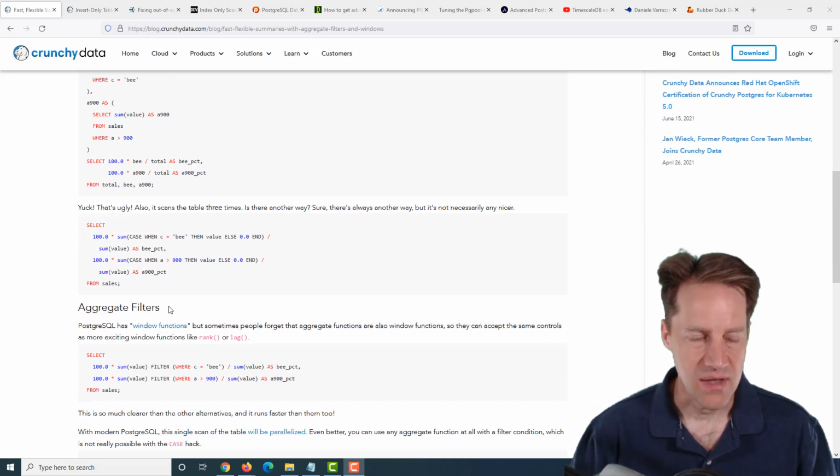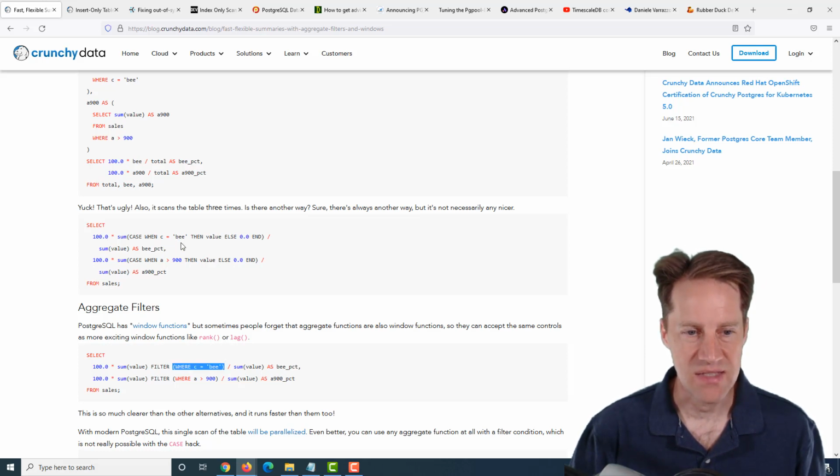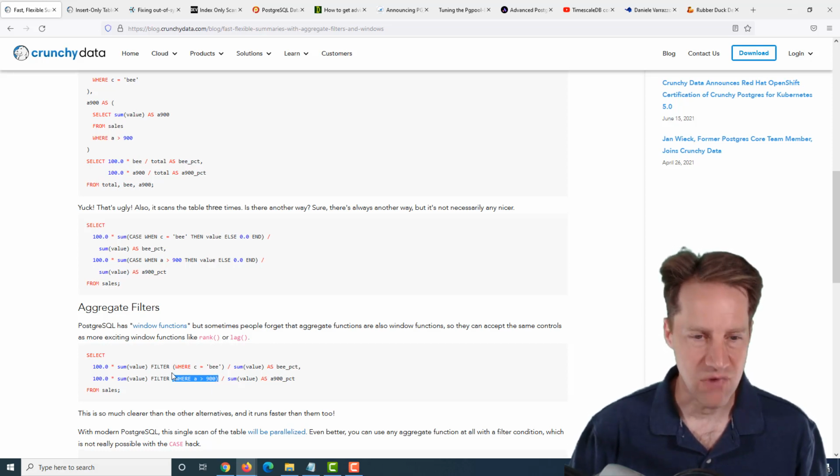pretty efficiently. However, what they're talking about here is that you could also use a filter, and that for any aggregate function you can use a filter. So they're doing the sum of the value, but then they filter it and they specify where C equals B to do essentially the same thing the case statement is doing, or they could filter where A is greater than 900. So this is a very efficient way to write it, very clear way to read it, and it says